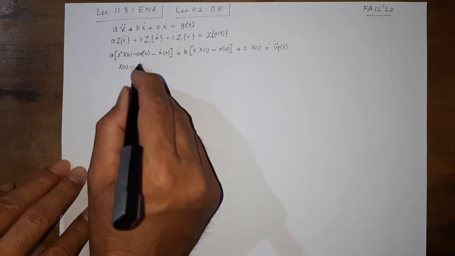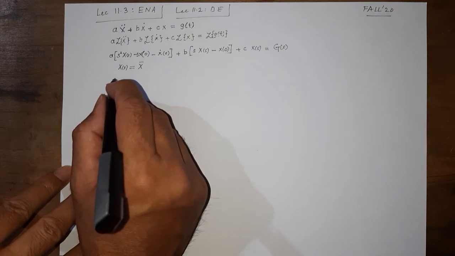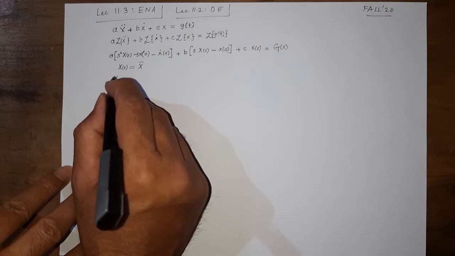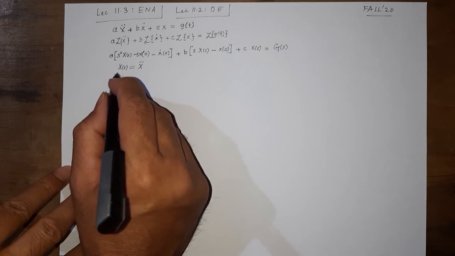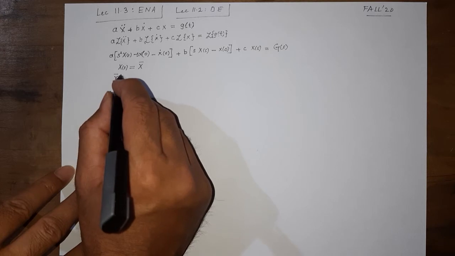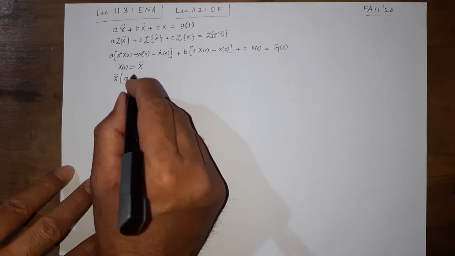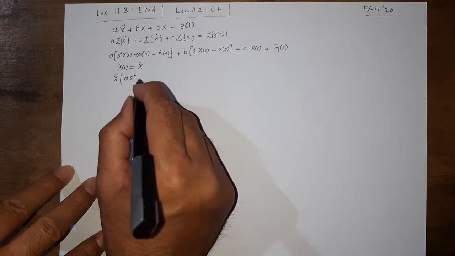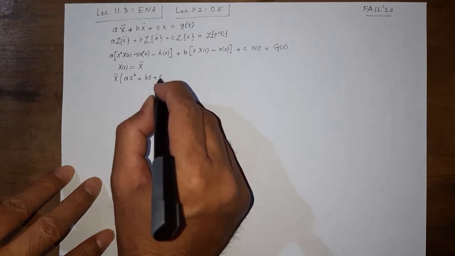Let us instead write x bar for x of s, just like the phasor case. So we get the x bar, all the terms with x of s, with that we get a s square plus b s plus c,